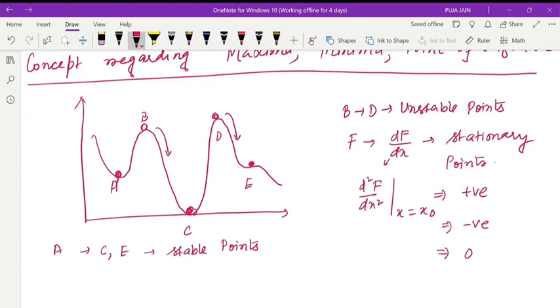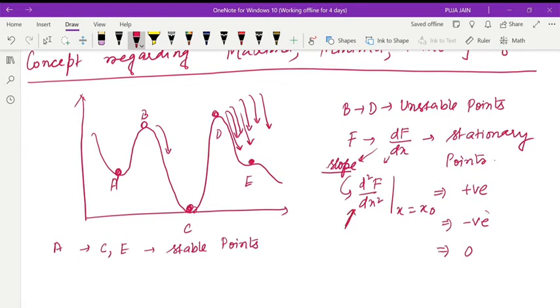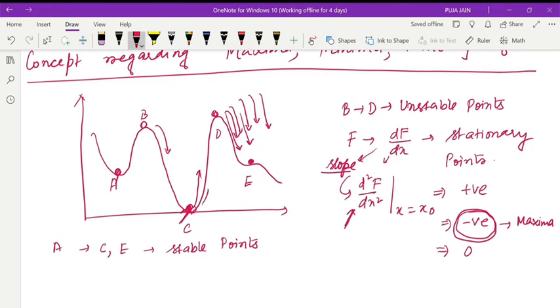If we are taking the second, this means what? The slope actually, right? If we are doing the second derivative again, now you see for this point, if we do the second derivative, we will get a negative. We will get the value negative because it is decreasing, right? So if the value of this function is negative, this point is what? This is the maxima point. And this point is what? It is the minima point, right? So here you see the slope is increasing. So the second derivative you will get is positive. So this is minima.